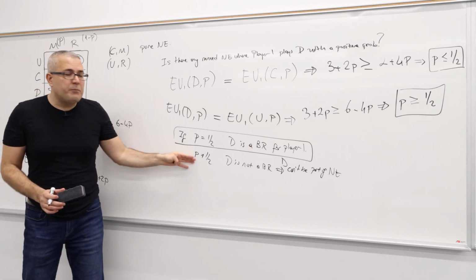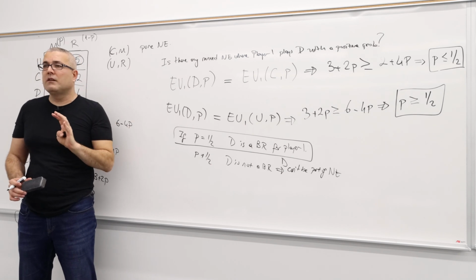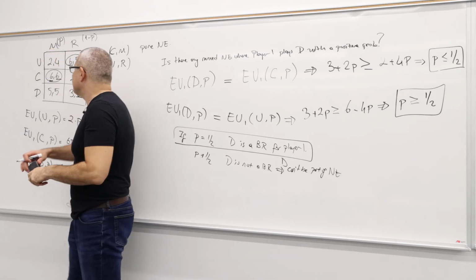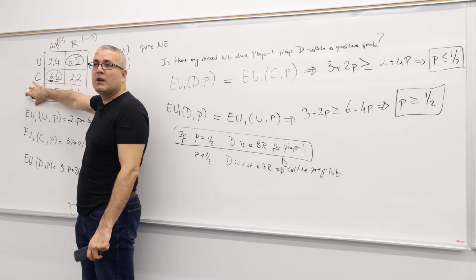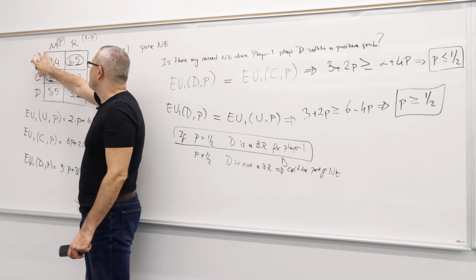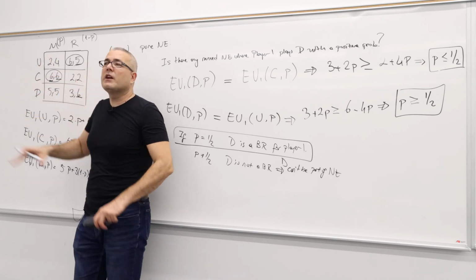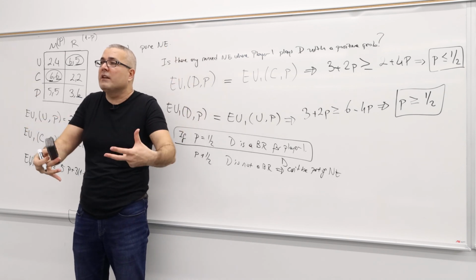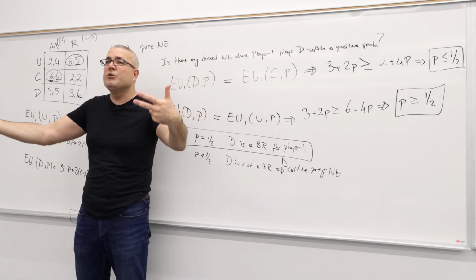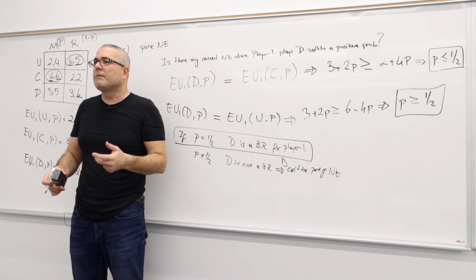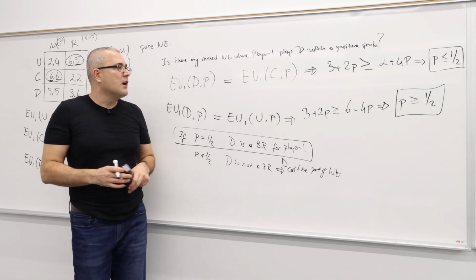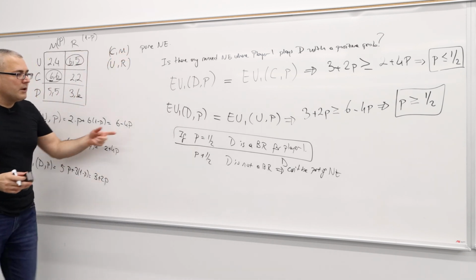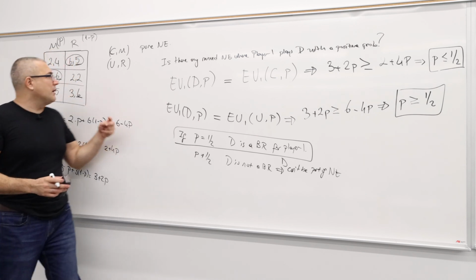Conclusion 2: if P is not 1/2, then D is not part of a Nash equilibrium. So I only need to check this 2x2 game. There are 2 cases I generated, and I need to look at those 2 cases separately. Clear? All right. So let's look at the first case, where P is equal to 1/2 and player 1 is